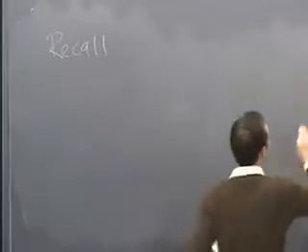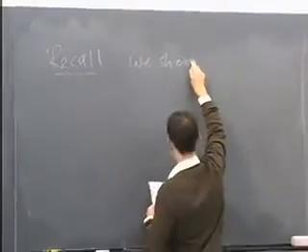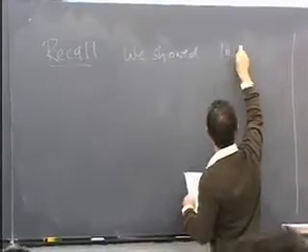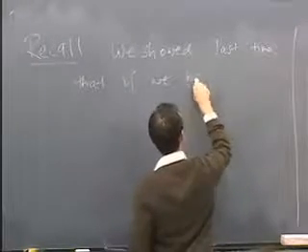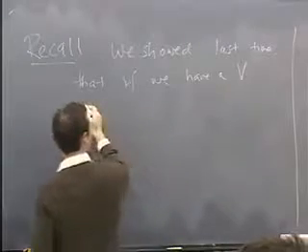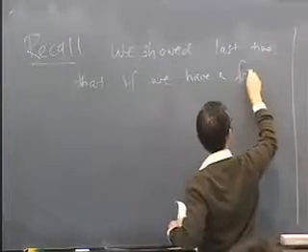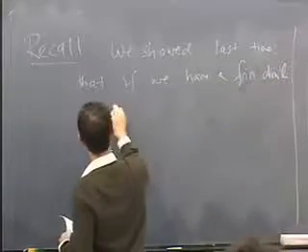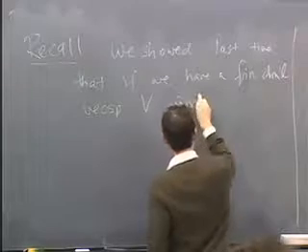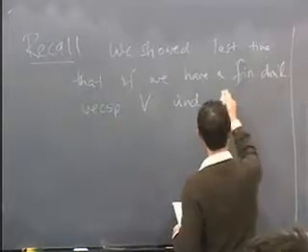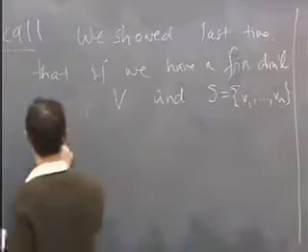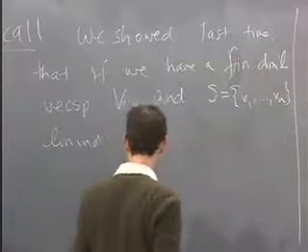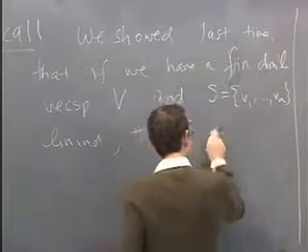So, recall what we did last time, where we sort of left off. We showed that if we start with a finite dimensional vector space, and a linearly independent subset of that vector space. So I'll call that set S, and it contains vectors v1 through vn. And I assume that this is a linearly independent set. Then S can be